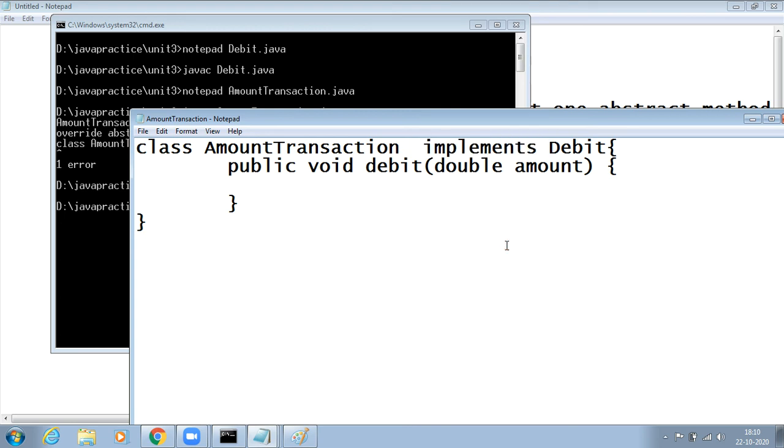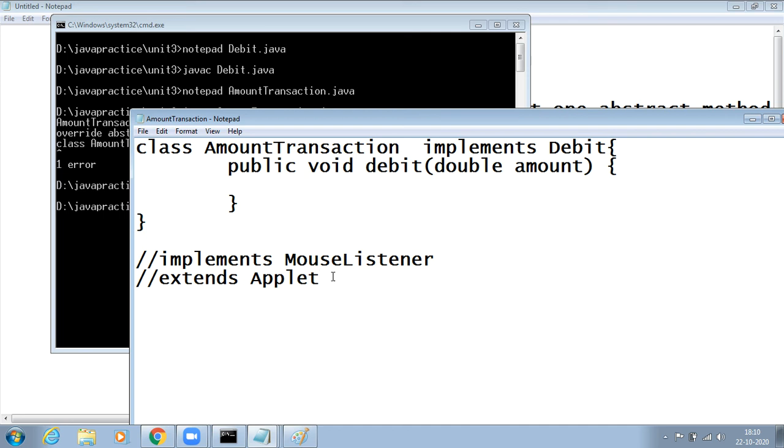I think we have seen in the applets concept we have implemented something, if you remember, MouseListener. MouseListener is an interface. In applets we have done something like the extends keyword, extends Applet. Applet is a what? Class. MouseListener is an interface.